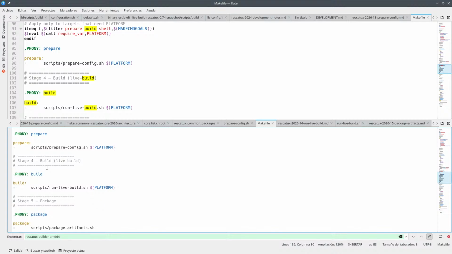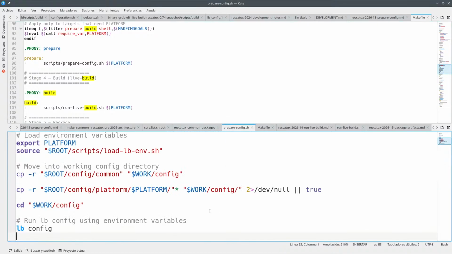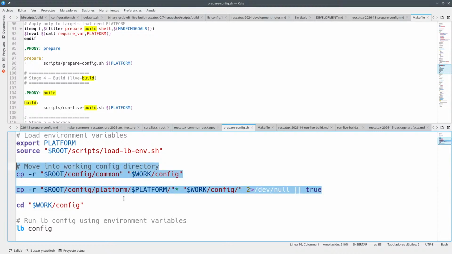So when you run prepare or you run build, you've got this prepare config and run live build thing. This is not as easy as expected, because it tells us to run lvconfig, and we would be running lvconfig outside of any environment. So this part makes sense, that it's done inside of prepare-config.sh, but lvconfig, you don't want to be running it here. You want to be running it